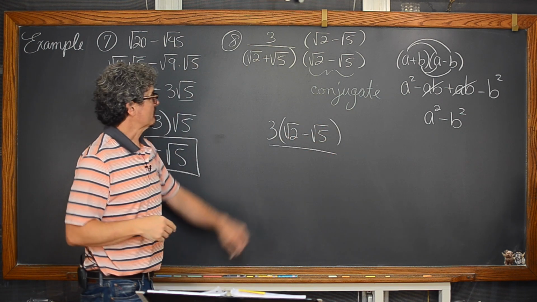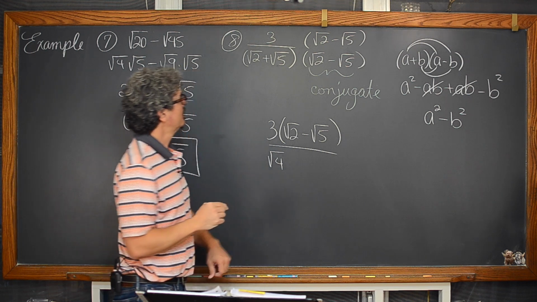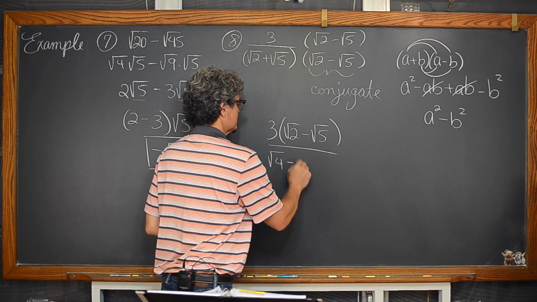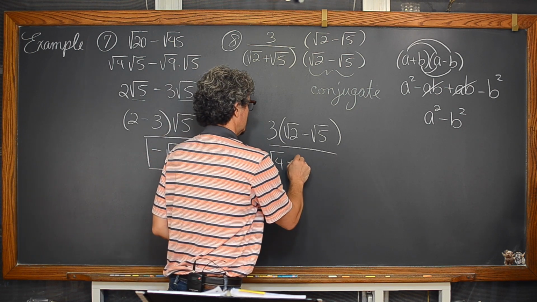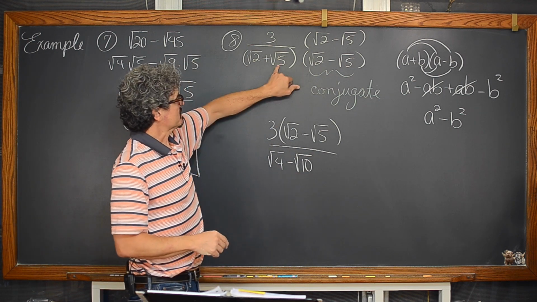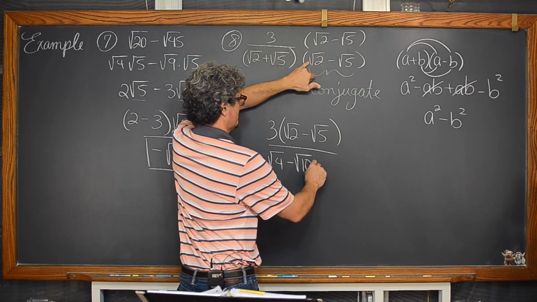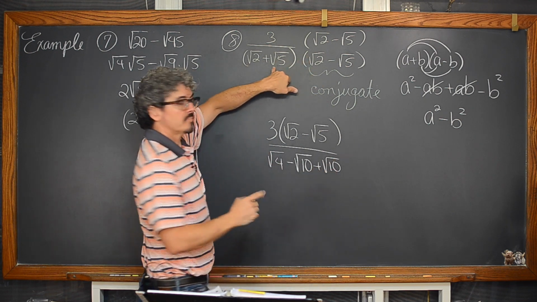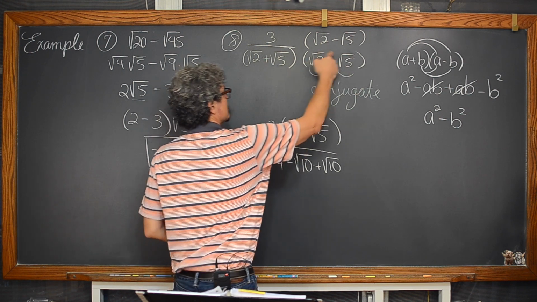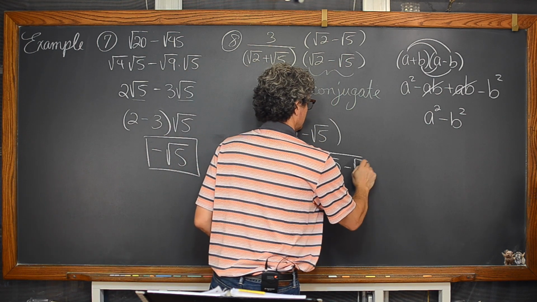and I'm just going to leave that like that. In the denominator, we have the square root of 2 times the square root of 2, which is the square root of 4. We have the square root of 2 times negative square root of 5. Well, that's going to give us, using that multiplication property of square roots, negative square root of 10, because 2 times 5 is 10. Now moving on to our second term in the first binomial, we have the square root of 5 times the square root of 2, which is, and they're both positive, so plus, again, square root of 10, and then plus square root of 5 times negative square root of 5, a positive times negative is negative, and the square root of 5 times square root of 5 is the square root of 25.